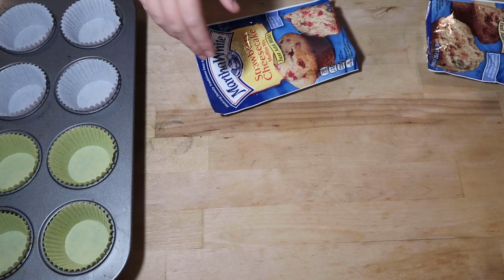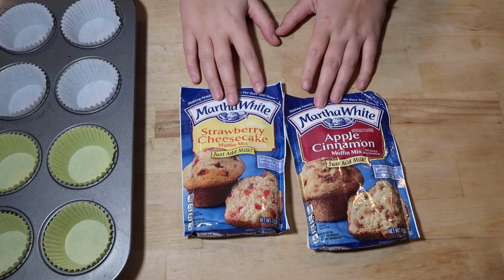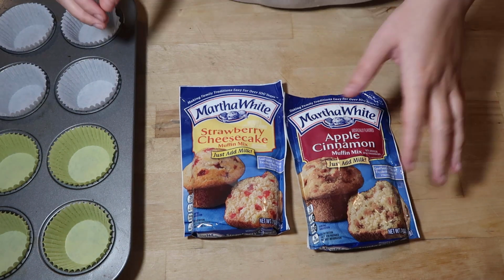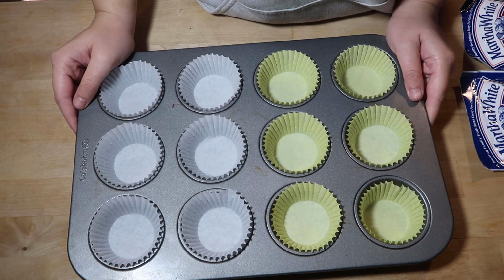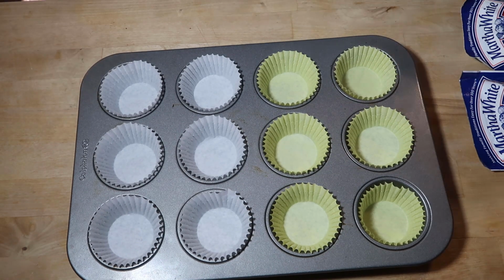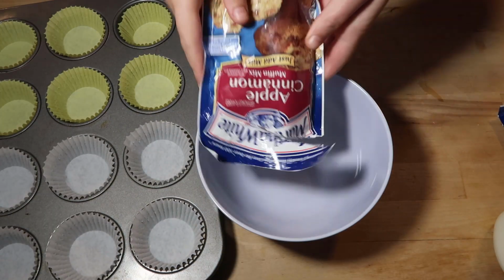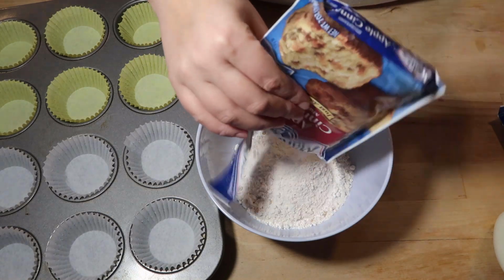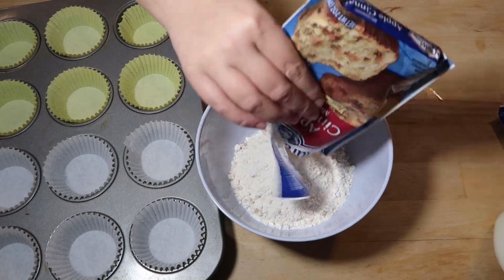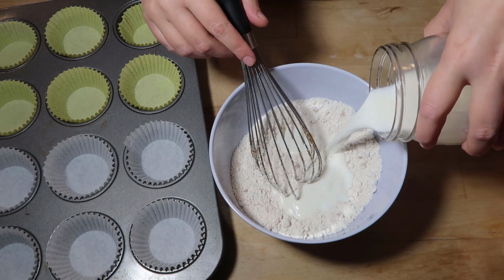Alright, so I'm going to stick with a little Pantry Cleanout theme for the day. I'm going to get these 2 muffin mixes out of my cabinets. I'm going to make these up, add them into a muffin pan, and then we're going to bake them. Alright, what I'm going to do is add in my apple cinnamon mix. I'm adding half of a cup